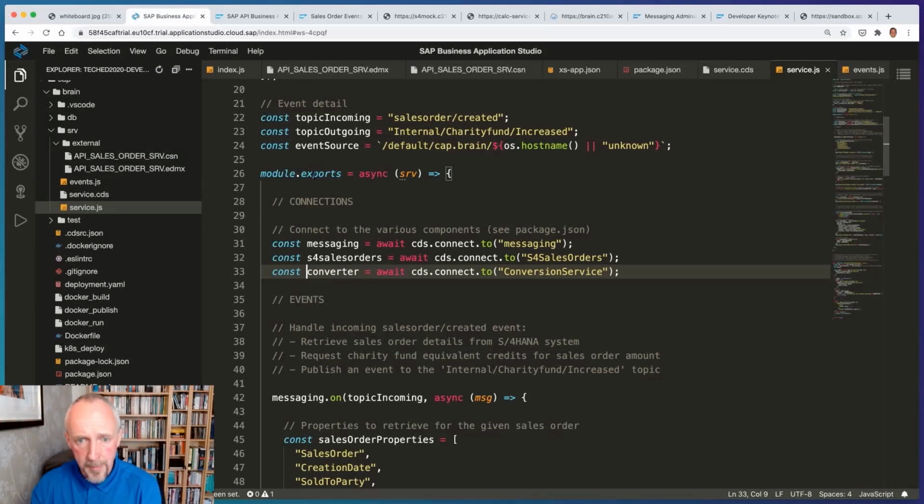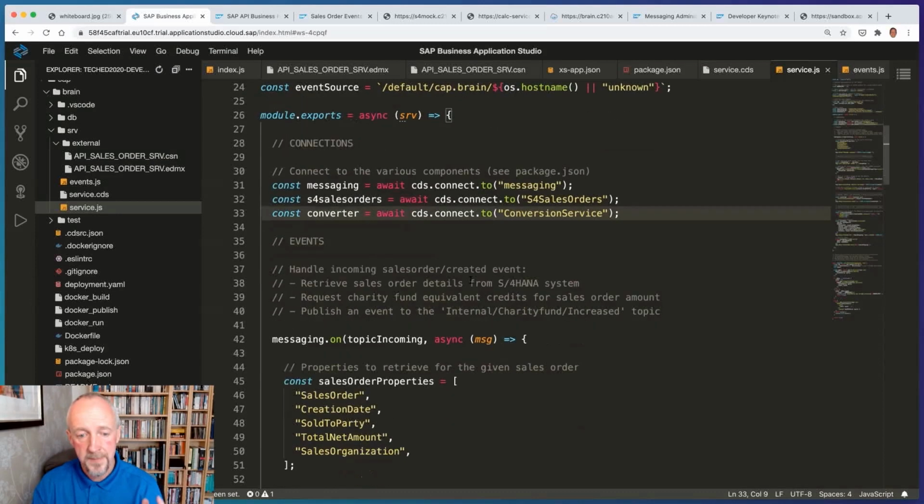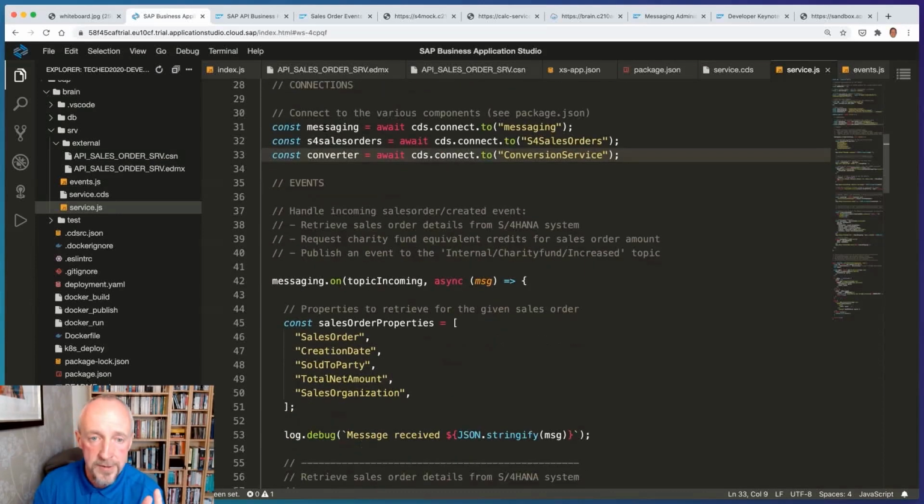And just like any other CAP application, here's my function that I export from this service.js module, and that's it, right? So more constants. In order to use messaging, await cds.connect.to messaging. Bam, done. In order to use the sales order API, same thing. Await cds.connect.to S4 sales orders. These are names referenced in the package.json, right? And in order to connect to your service, Kevin, await cds.connect.to conversion service. Done, right? But that's not the most exciting part, right? So there's the messaging